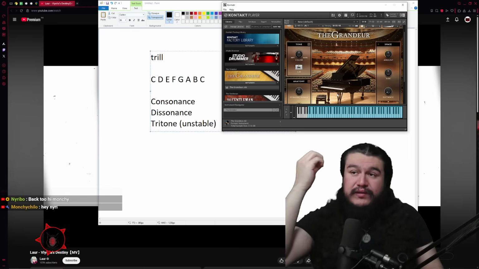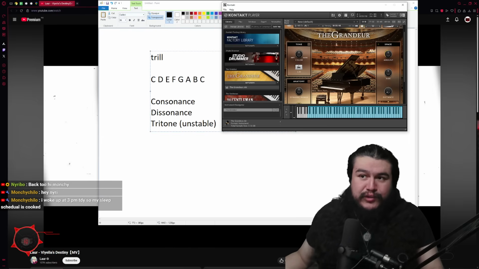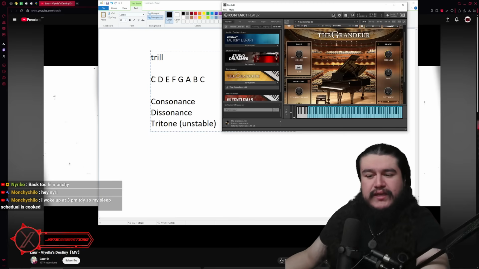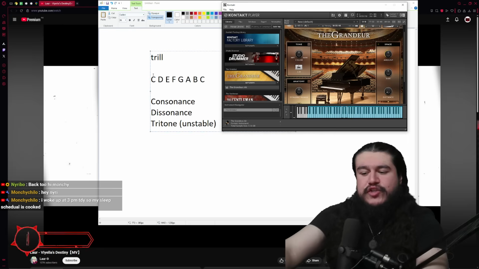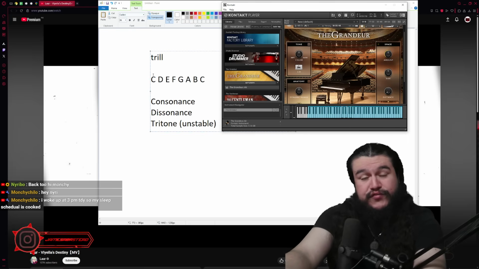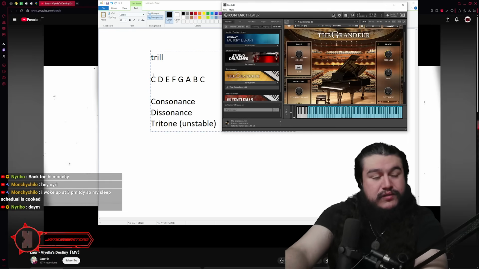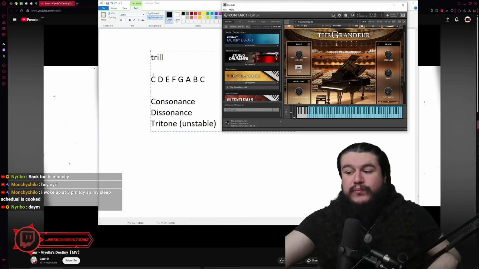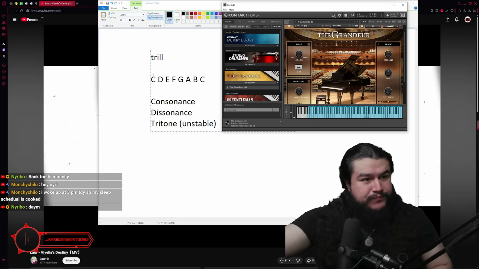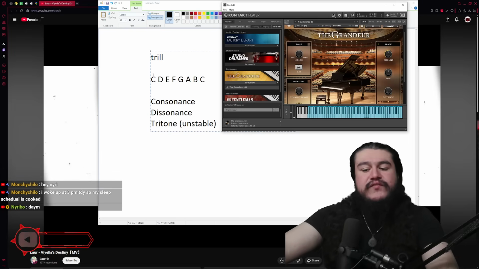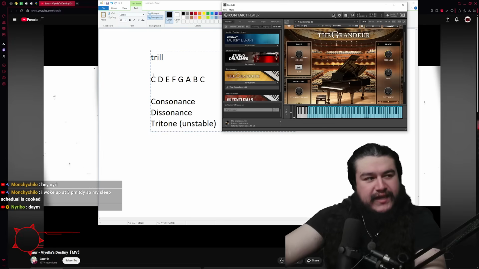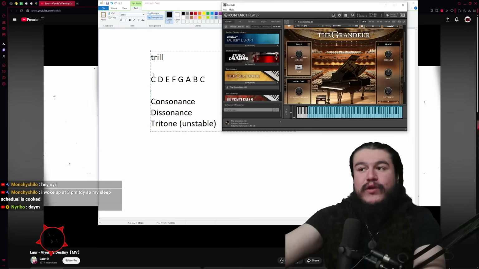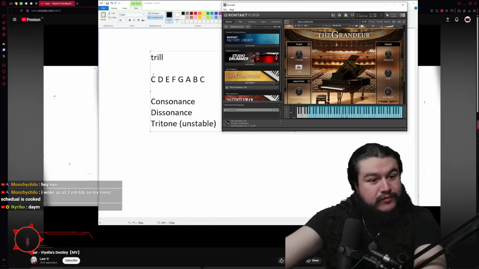So, the cool thing about trills is that you can take notes that would otherwise be a dissonance. Let's say, for example, let's take the notes C and E. And if we add G to this, we get the chord of C, and if we instead change it to an A, we get the chord of A. But if we were to play both of them at the same time, A and G, first we get the dissonance, but if we play it along with C and E, you get A minor 7. However, if we play A and G in a trill,